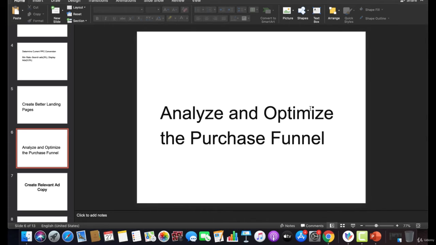So always show the benefit, don't just display the features.